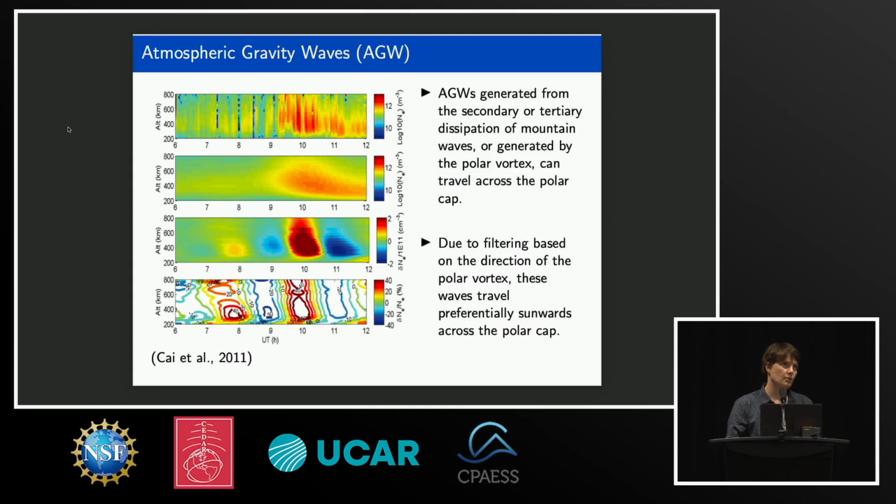And this came out of several discussions I've had with colleagues who are much more knowledgeable about atmospheric waves than me, seeing things in data in the polar cap that they say are waves, and I see them and I think they're patches, and we could never figure out a good division, like how do you tell one from the other? How do you know? And aside from the fact that we just traditionally have not talked about waves very much